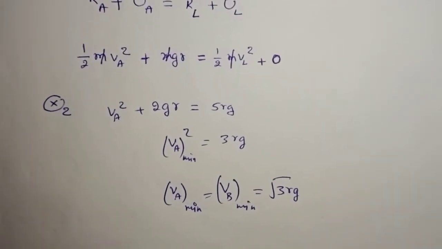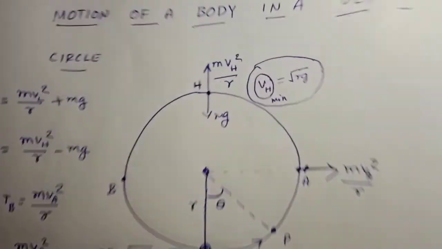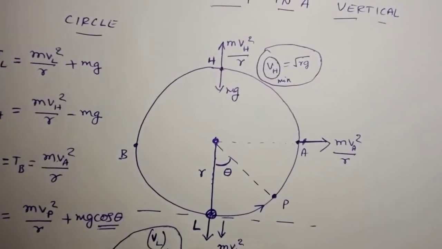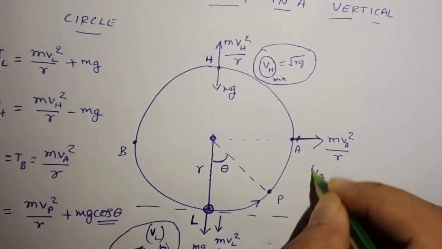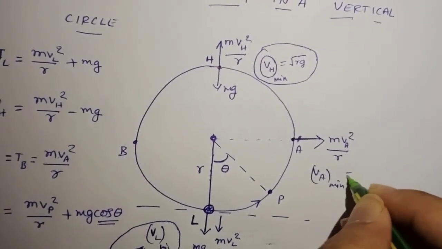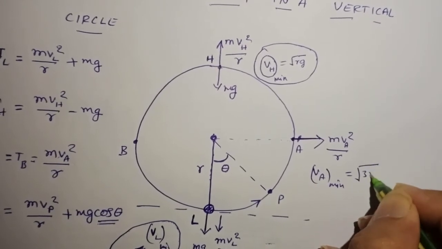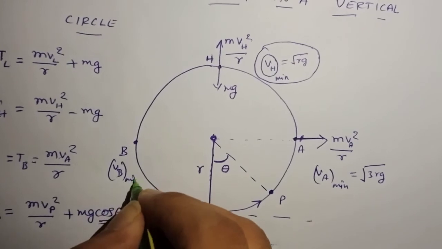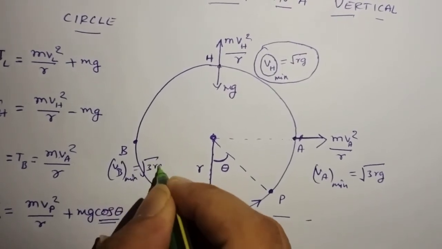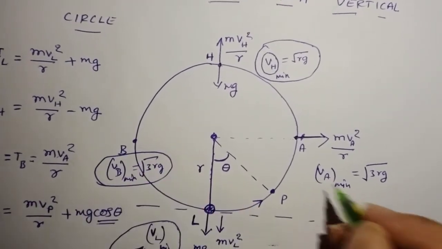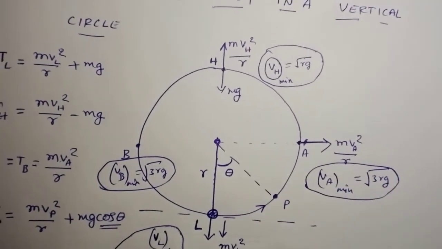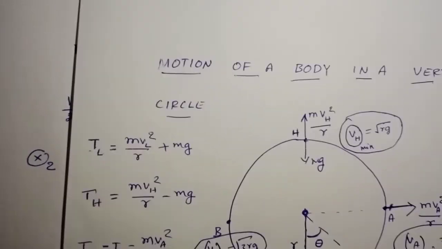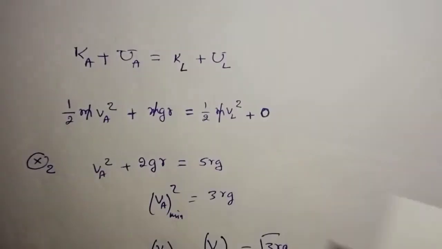3RG. Now I'll write in the main diagram which I have. VA minimum is equal to square root of 3RG. VB minimum is also equal to square root of 3RG. Now we will calculate using these equations of tension. We will calculate the minimum tensions